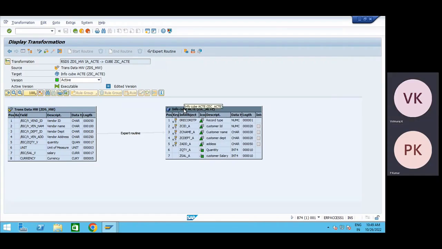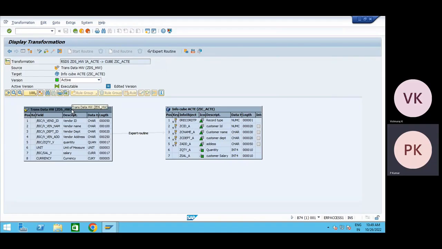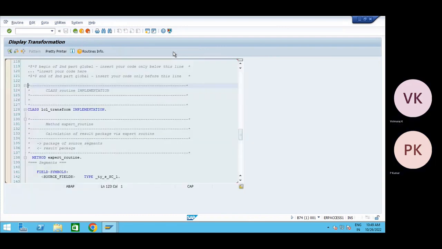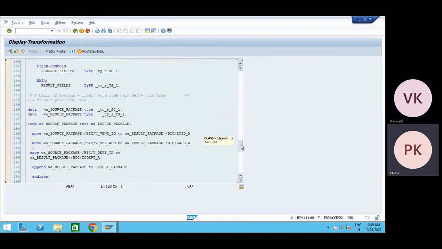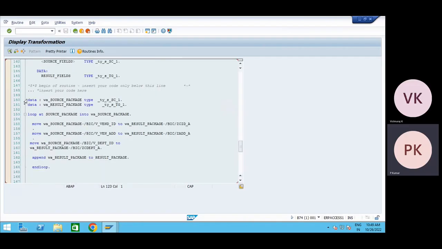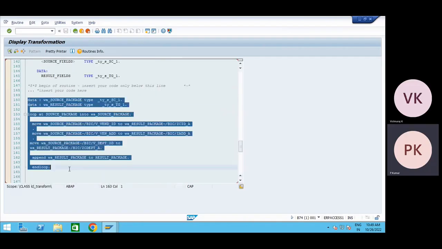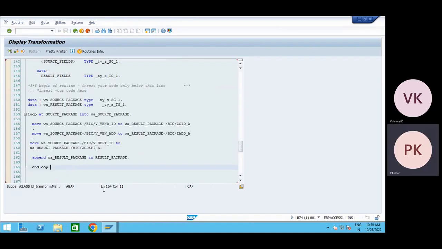It is totally background. You have to write code to update the data from your source to target. How I did it: on the top left corner you will see the expert routine, and if you click on it, you will go to the above. See here, I have written a code here, a complete 10 lines of code. What will this do? I have declared